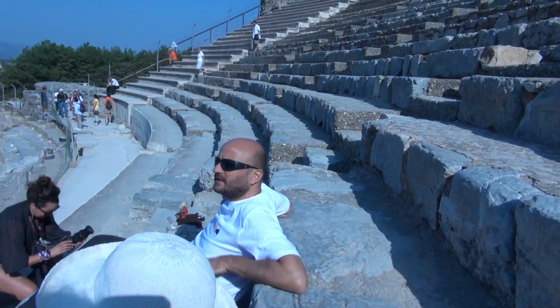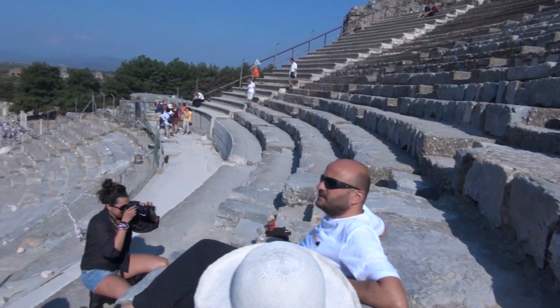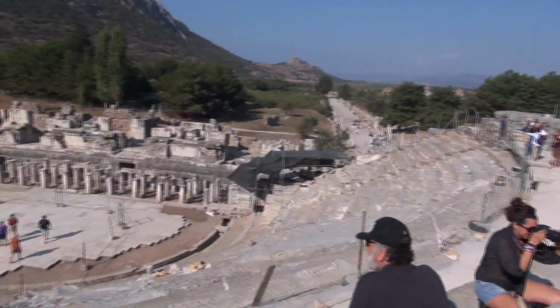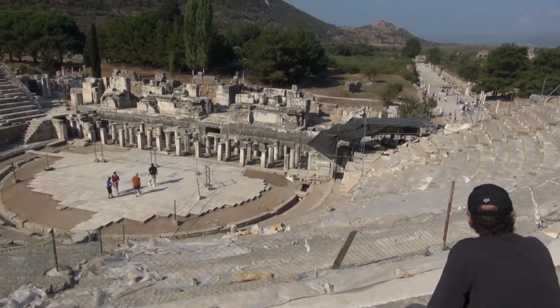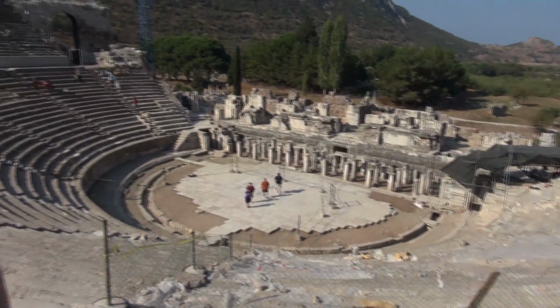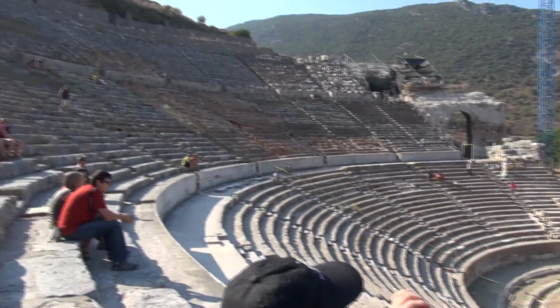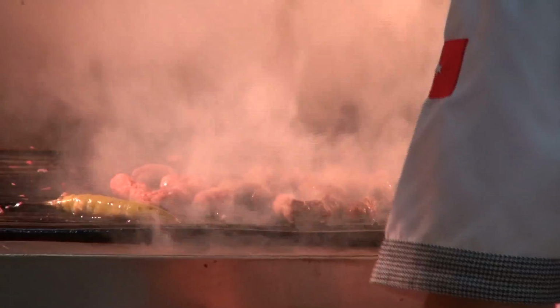World that date from the Roman times. When it was a Greek city, they had a smaller theater here. Just a little piece of architectural information here for you. Since the Greeks didn't know how to build those arches, they had to find a sloping hillside to build their theaters. So they would